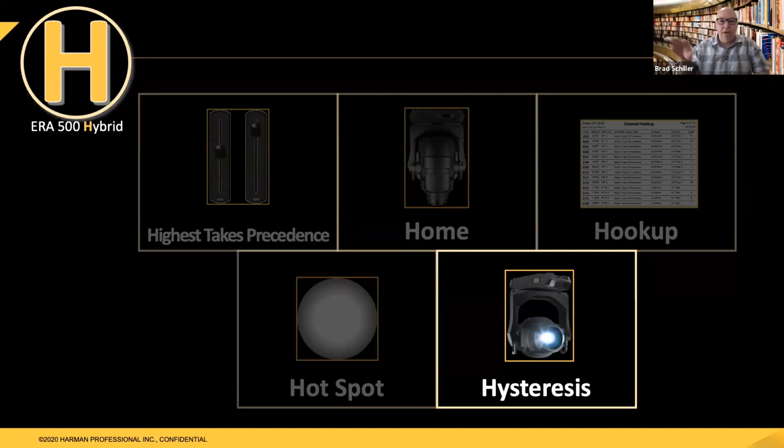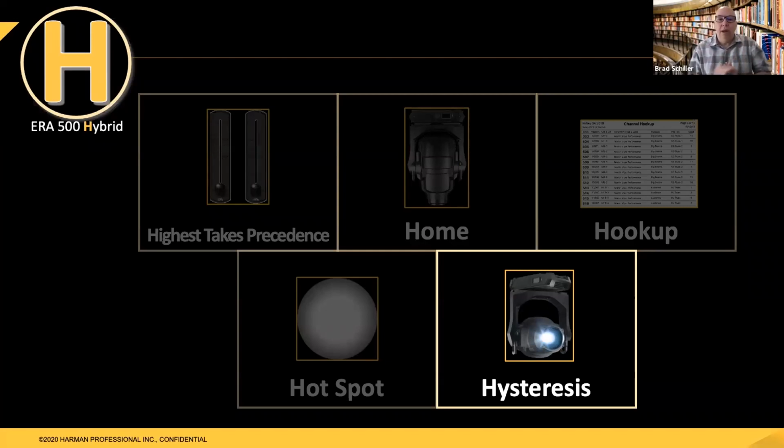Now later on, if I come from the opposite side of the stage to down center stage to that same position, it might not be exactly the same point on its little motor, so it might be slightly off. And that's because electronically we've come from a different direction. So instead of coming from this side of the stage to center, we came from this side of the stage. So it might be slightly off. And that degree that it's off is called hysteresis.